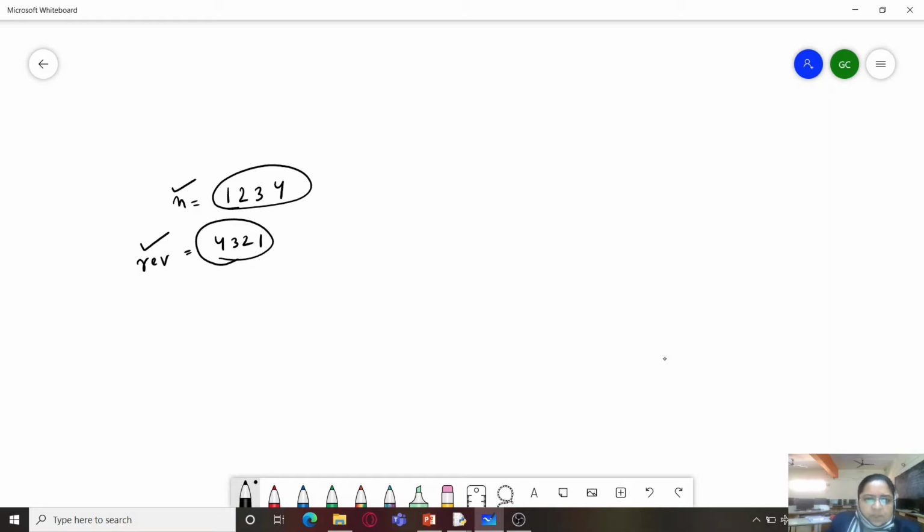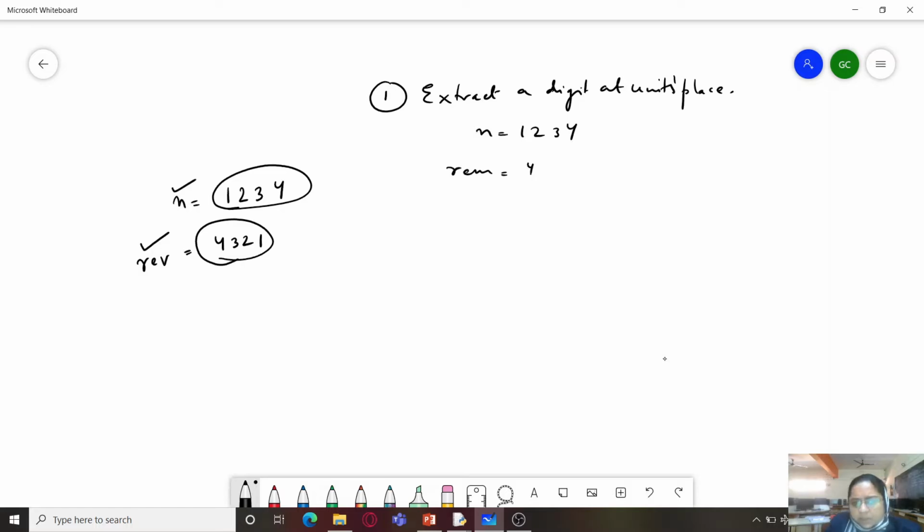So what we are going to do is follow this logic: extract a digit at the units place. If n is 1234, then I'll take out the remainder, and that remainder is 4.